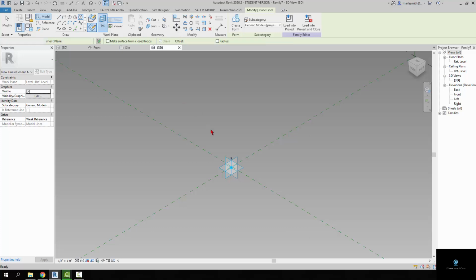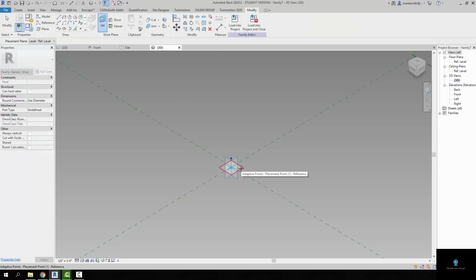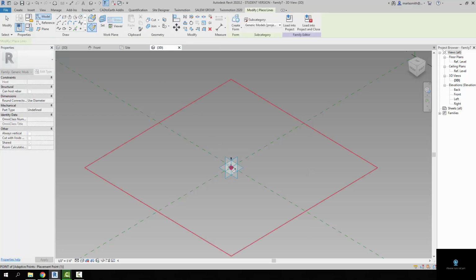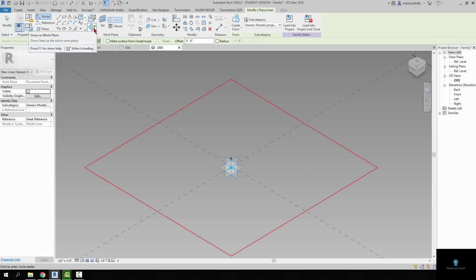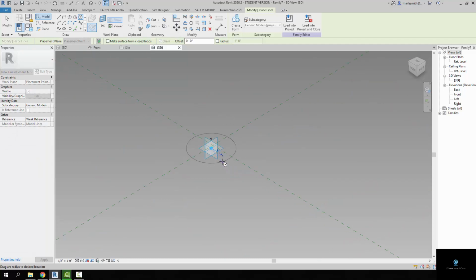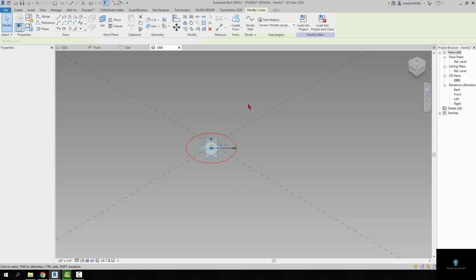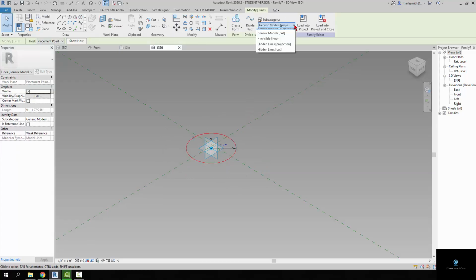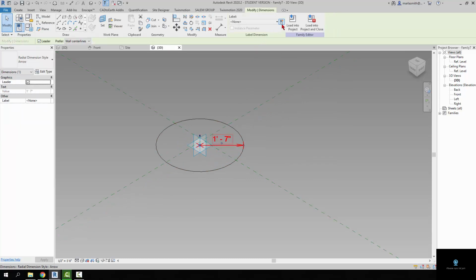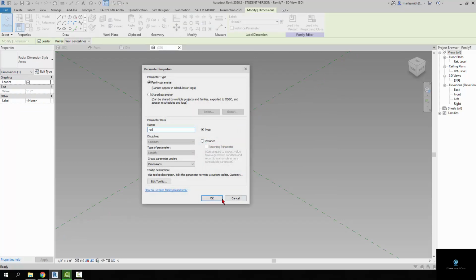and I'm going to set my reference plane on the horizontal plane of this adaptive component, making sure that it says Draw on Work Plane. And I'm just going to draw a circle. You can make it as big as you want, or you could actually put a parameter on it to adjust the radius of it if you want to. Doesn't really matter. We'll just make it an instance so I don't have to go to